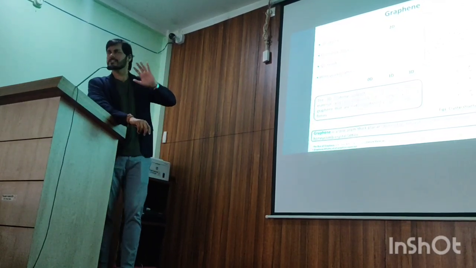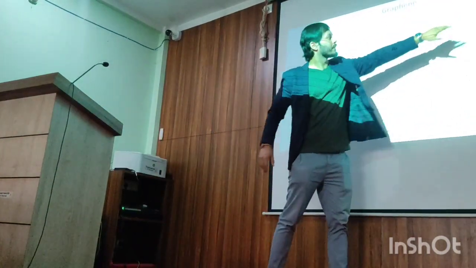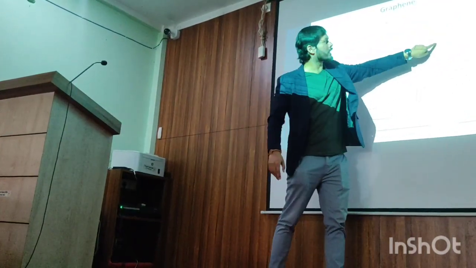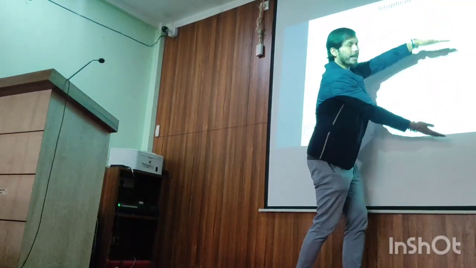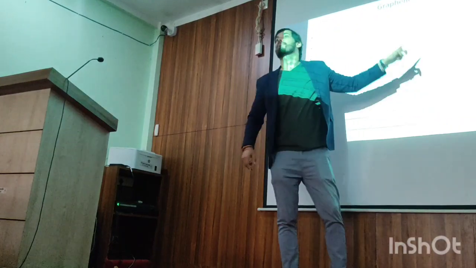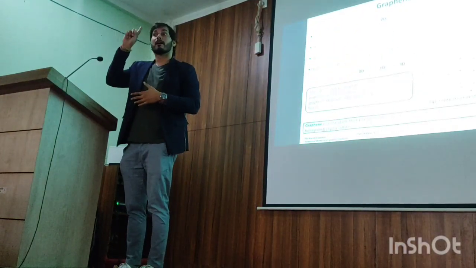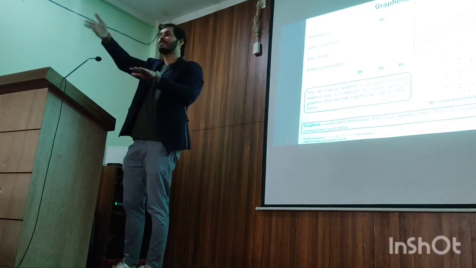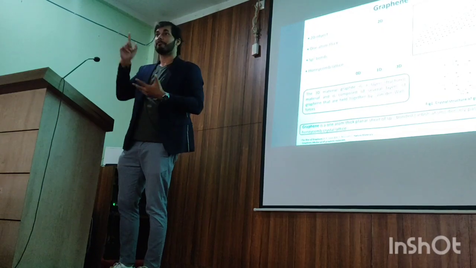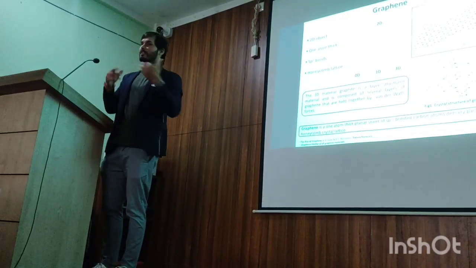Now the chemical structure. So this is the chemical structure. If you see, this is the single layer. All are carbon. If another layer is placed on top, and another layer like this, then it becomes graphite. So basically graphite is a layered structure of graphene. If you take a single layer from a pencil, that single layer is basically graphene. And why is graphene so exciting? We will see.